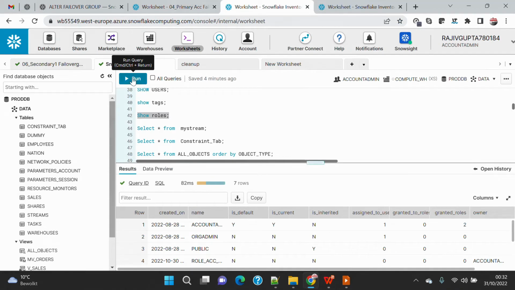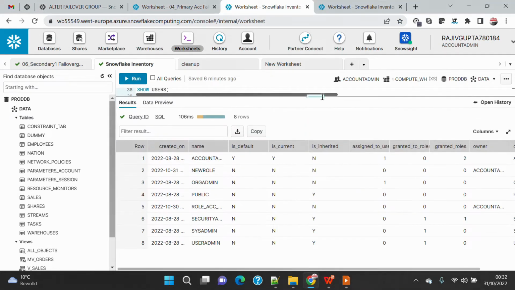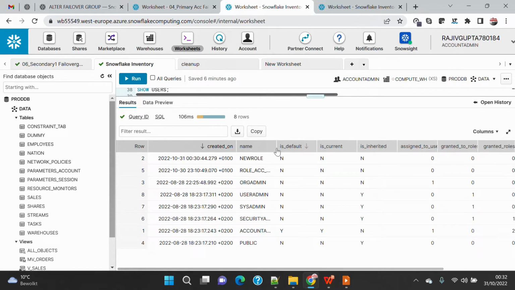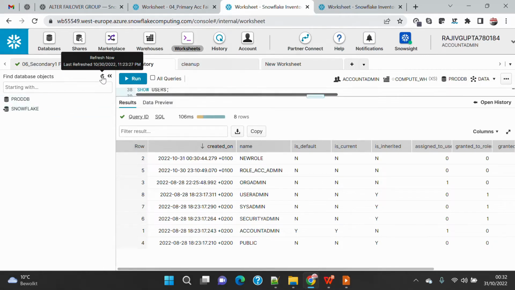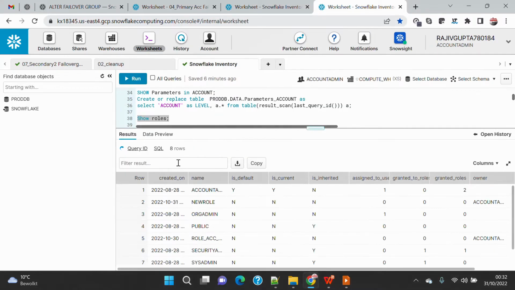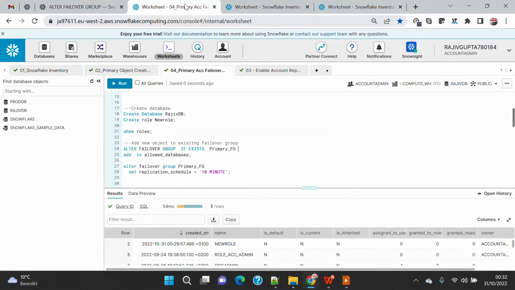By this time, I believe it has been migrated, and now you can see there are 8 rules. And if I order by date, you can see that the new rule has been migrated. But to showcase that the database has not been migrated yet, while the account replication execution has already been done, and because of that the new role has been created over here. Similar to here, if I execute show role, it will show me that the new role has been replicated. But the database has not been replicated because we have not included that as part of our existing failover